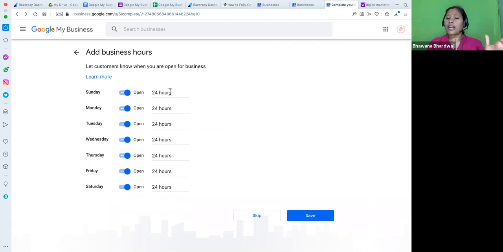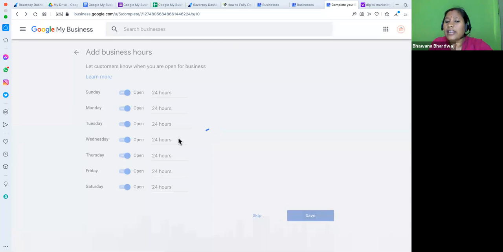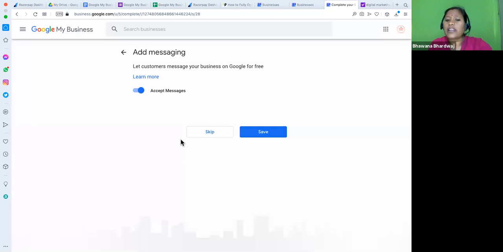If you want that to appear as closed, you can, but end users are not very familiar with what closed means and what permanently closed means. So it's up to you whether you give opening hours with start time and end time, or, if you can handle queries at least by calls 24/7, you can go for 24/7. All this information will appear on Google My Business as well as on your free website.